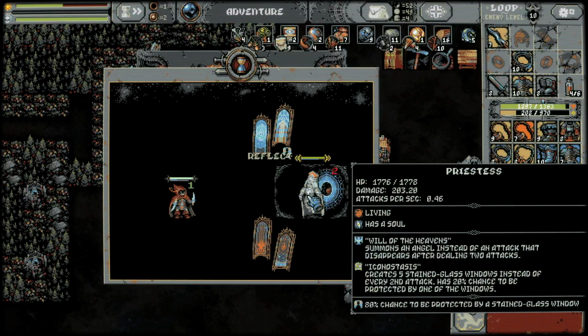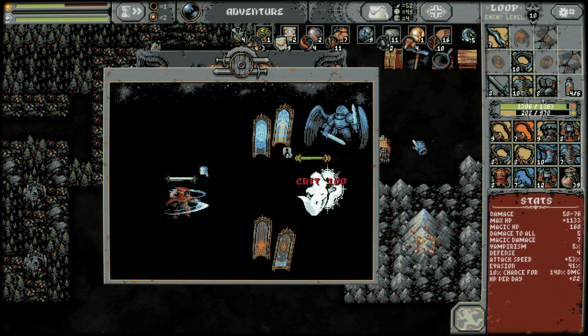Okay, let's look at the priestess. So, living, has a soul. Will of the heavens, summons an angel instead of an attack that disappears after dealing 2 attacks. And then Iconostasis creates stained glass windows instead of every second attack. It has a 20% chance to be protected by one of those windows. 80% chance to be protected by a stained glass window. Okay, so we are just going to...